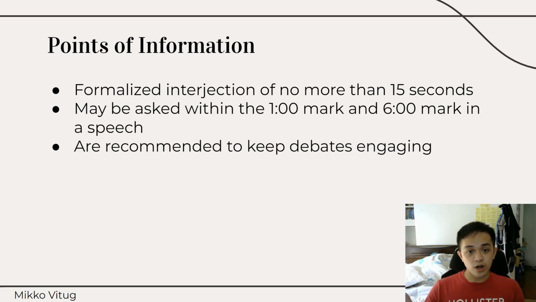There are no hard set limitations as to what a point of information or a POI ought to be, except for the fact that it can't be more than 15 seconds. You have to wait until you are called. So that's all for BP. Hopefully the next guide is going to be easier to understand because it's 3v3, but the difficult part about it is going to be the different variations.